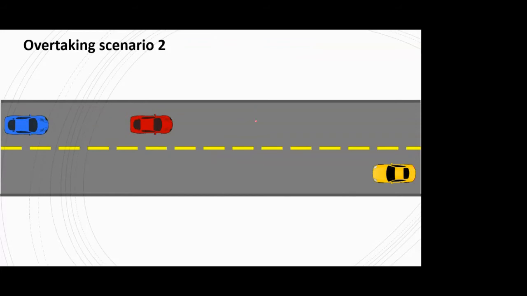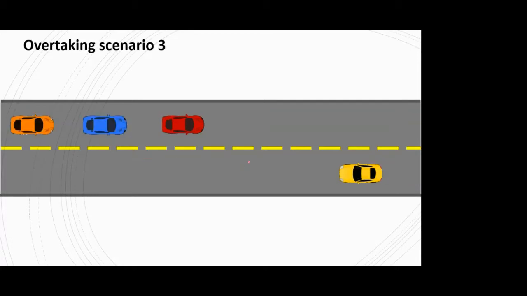Again, it's a two-lane, two-way traffic, but now in addition to the slow moving vehicle, which is red, and the fast moving vehicle, which is blue, you have another vehicle on the extreme right, but it's on the opposite lane. So it's the oncoming vehicle, which is traveling in the opposite direction to the other two vehicles. So again, this is another scenario. In this case, your fast moving vehicle has to judge the environment, what is the speed of this oncoming vehicle, and accordingly complete its overtaking operation.